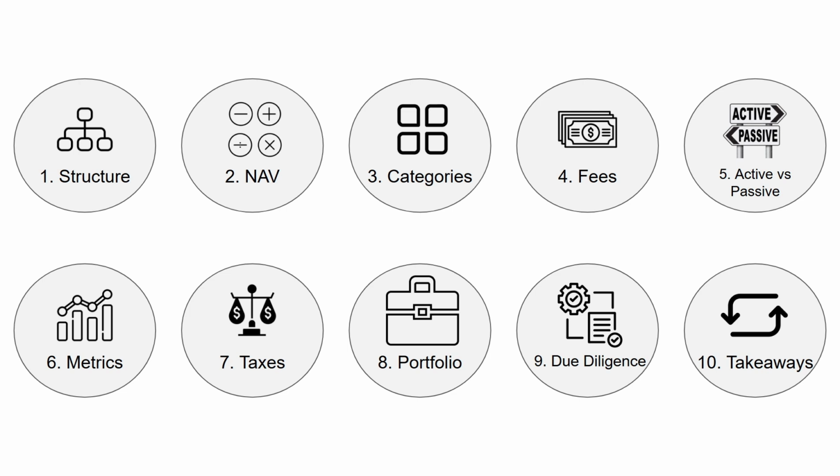We'll pit active managers against index funds, decode alpha, beta, Sharpe, and information ratios, and show how taxes can eat half your return if you're not careful. Then finally, we'll place mutual funds into real-world portfolios, expose the behavioral traps most investors fall into, and finish with a due diligence checklist you can use on any